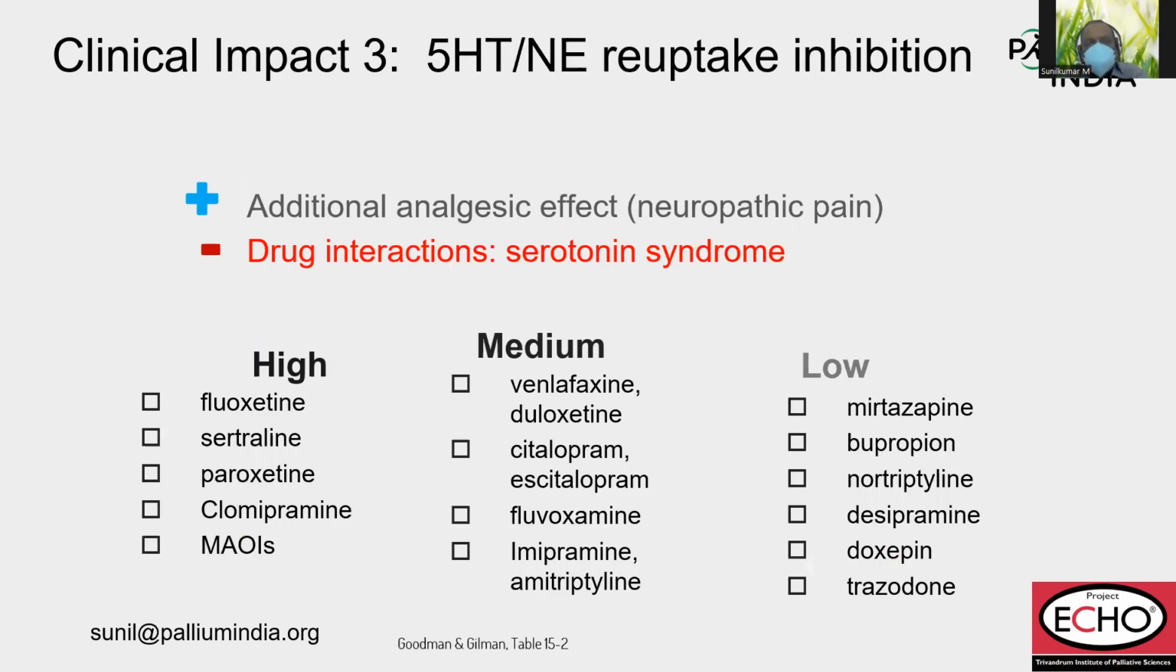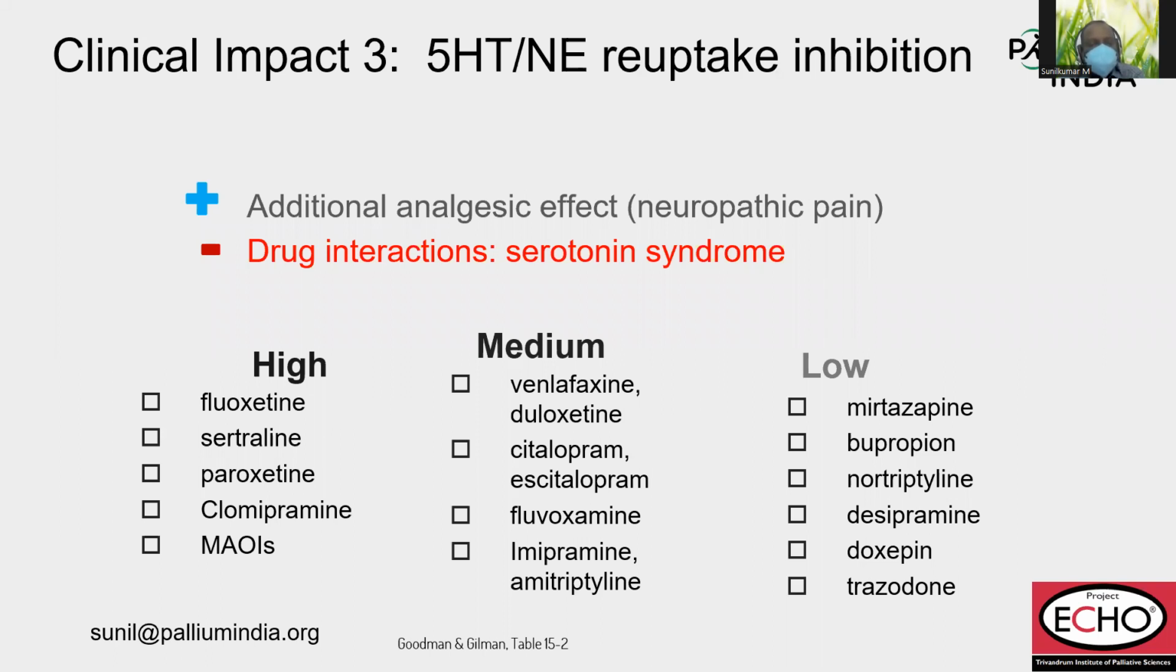Then we talk that it can inhibit the reuptake of noradrenaline and serotonin, which is the tricyclic antidepressant-like action. And tricyclic antidepressants are used to treat neuropathic pain. So methadone will also be beneficial in patients who have neuropathic pain. But